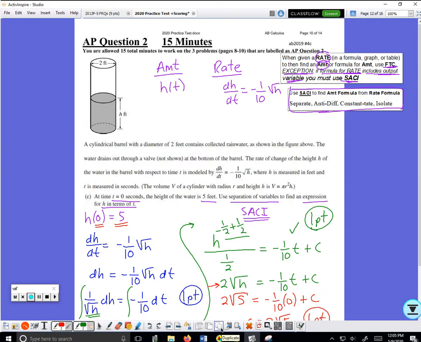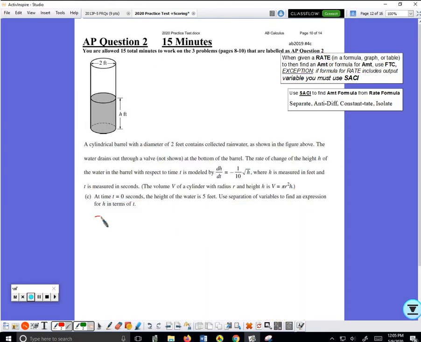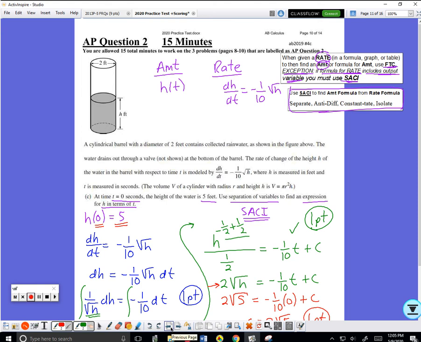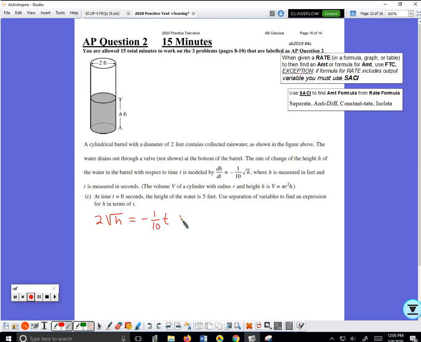I have this: 2 root h is equal to negative 1/10 t, and 2 root 5 is our value for c, plus 2 root 5. The idea is to isolate the h. The isolate step often takes a lot of work, but in this case it does not, so it's worth continuing,